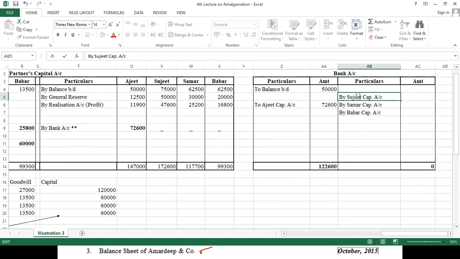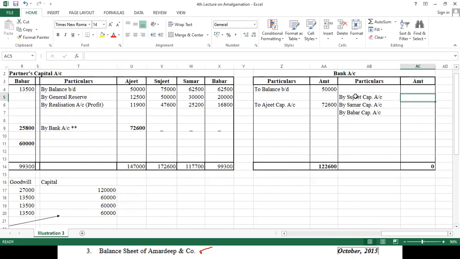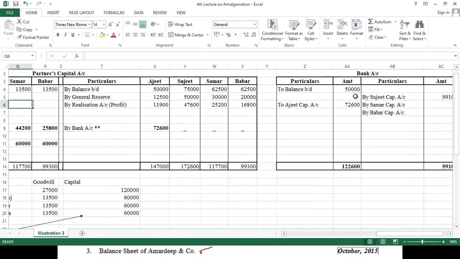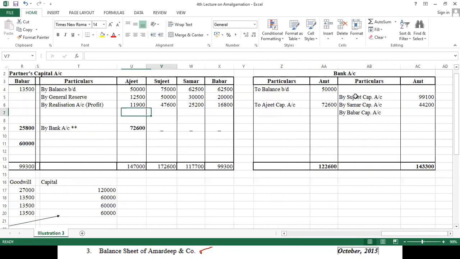अब देखिए सुजीत को कितने पैसे देने हैं? 99,100। कहां से पता लगा 99,100? यहाँ पे देखिए 99,100 हमको सुजीत को देना है, so here we have written 99,100। और समर को कितना देना बच्चे? 44,200, so here we have written 44,200। और लास्ट में हमारा है बाबर, बाबर को हमने देना है 25,800, so here we have written 25,800।